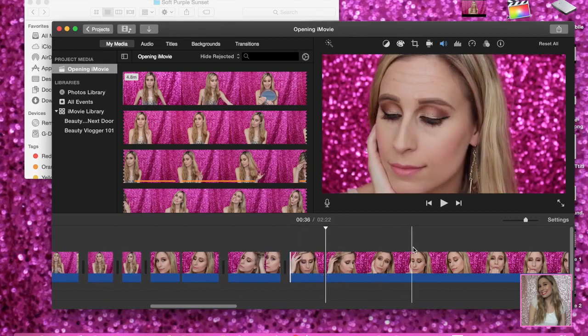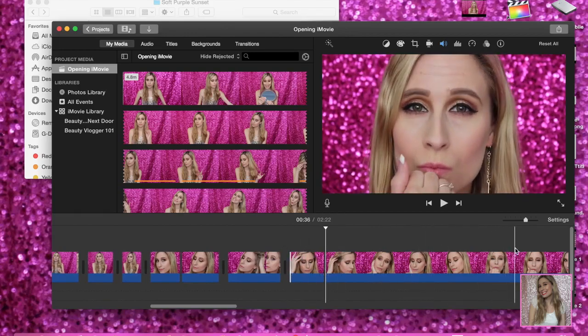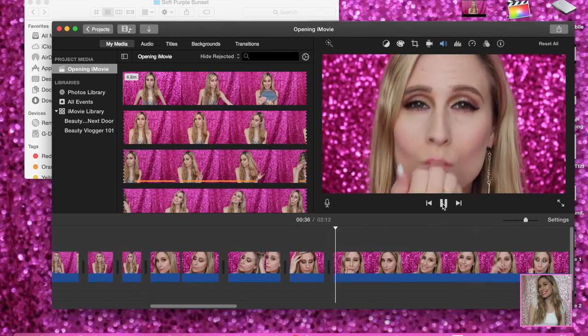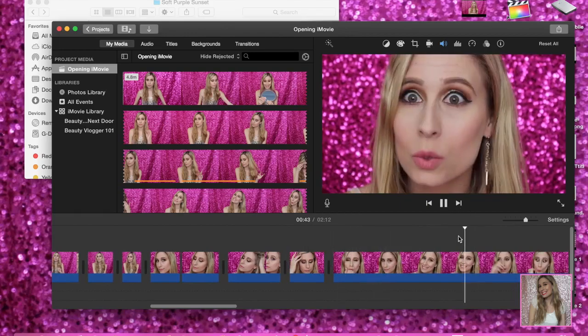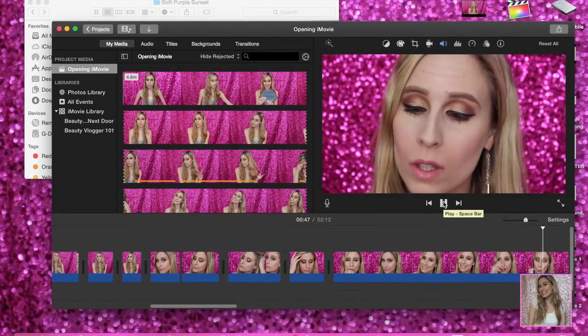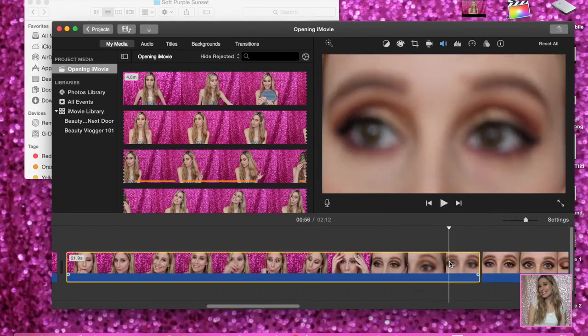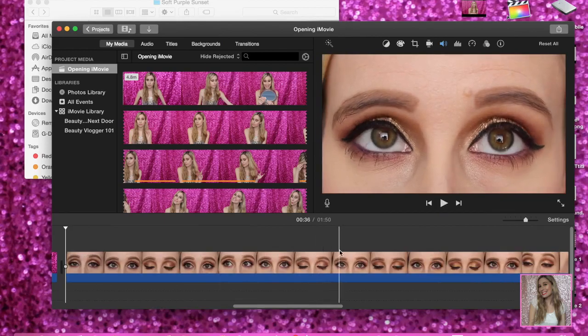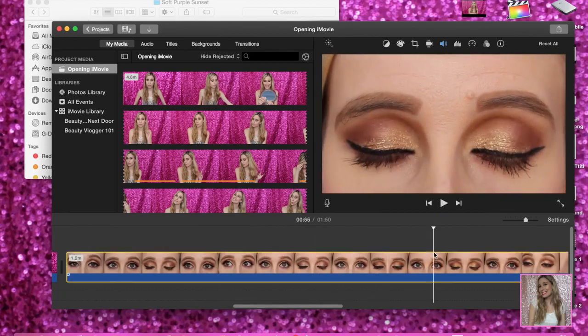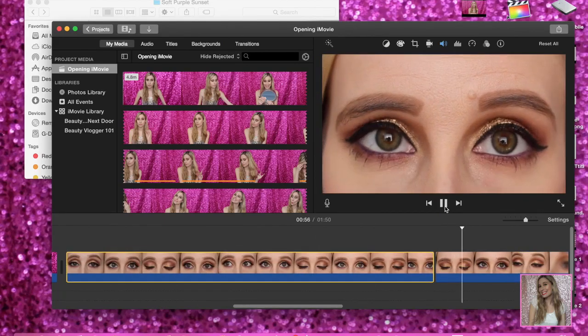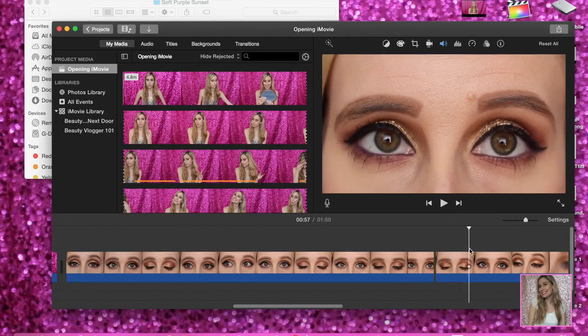If your face looks super weird, make sure that you're displaying the makeup as beautifully as it truly is in person. So now I'm just going through and breaking down the clip even more into smaller clips that I like that are more close up. And now I'm also getting into the even closer shots where it's just my eyes. So I'm opening and closing my eyes, looking around so everyone can see super close up what my makeup looks